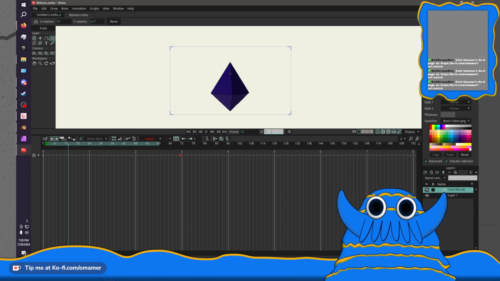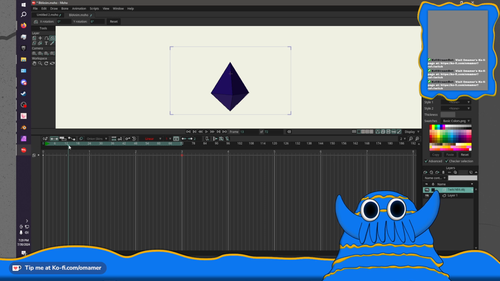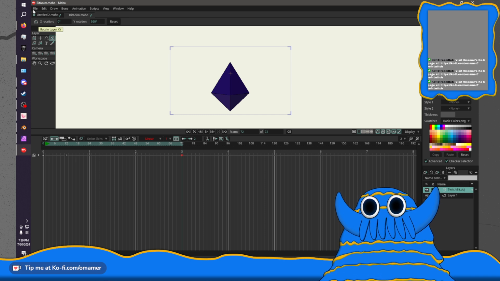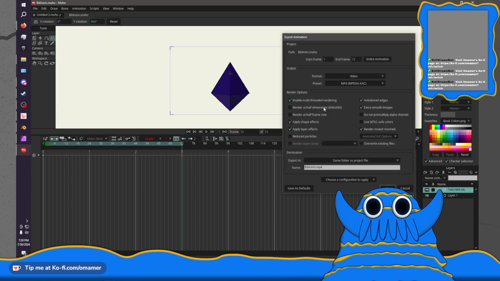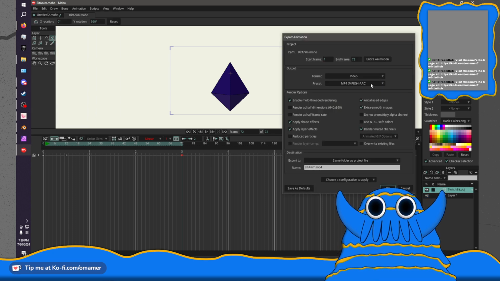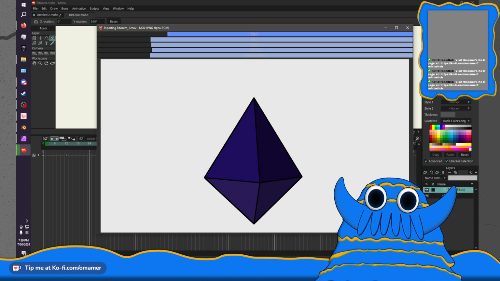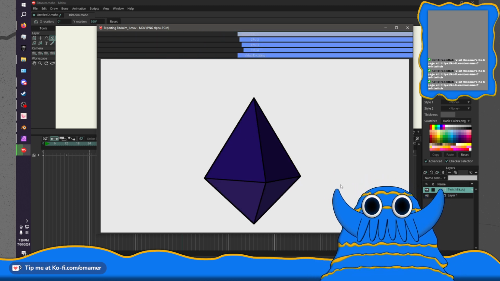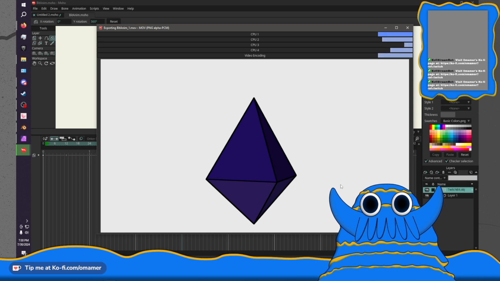I do need this to be 72 frames long, because I need to be able to do a fade in with it.